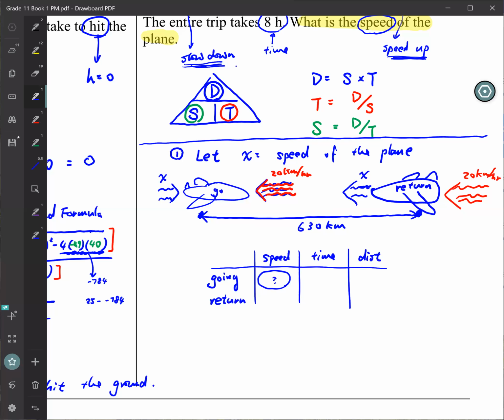$20? Well, 20 is the wind. The wind, right? Only the wind, not the airplane. So let's say the airplane can go at 200 km/h even if there's no wind. It can still fly, right? It doesn't need the wind to fly, because it has engines. So if the airplane can go at 200 km/h, and there's a wind of 20,